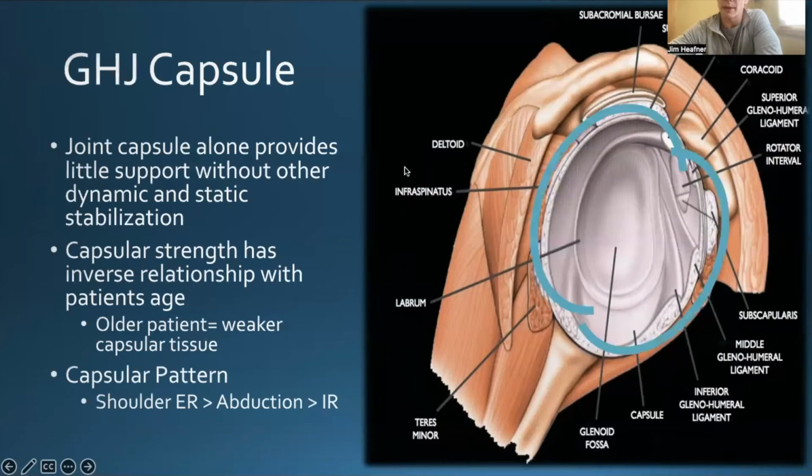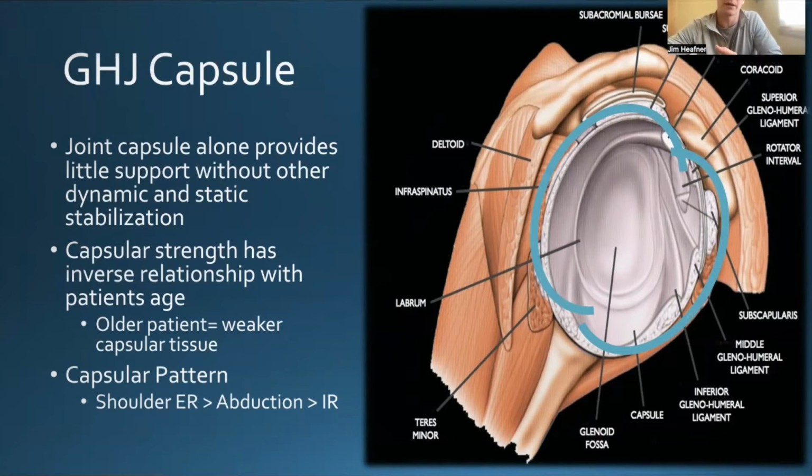The glenohumeral capsule. Here we just talked about that capsule, that outer lining beyond the labrum. The capsule alone provides little support without other dynamic or static function. But the capsular strength has an inverse relationship with someone's age. Naturally, our soft tissue becomes more frail as we age. This is collagen, it's connective tissue, and that connective tissue dehydrates somewhat and loses elasticity with aging. That's a consideration we need to think about,